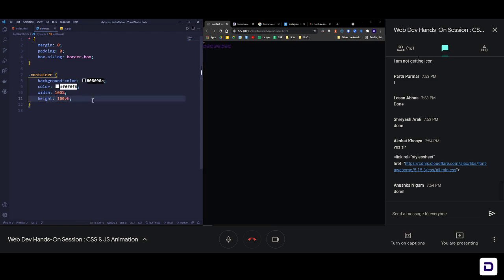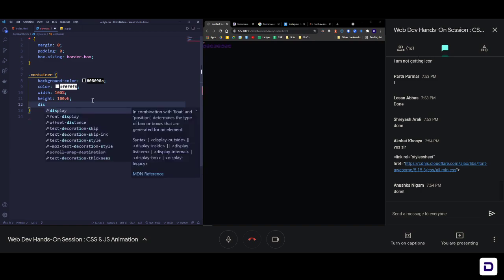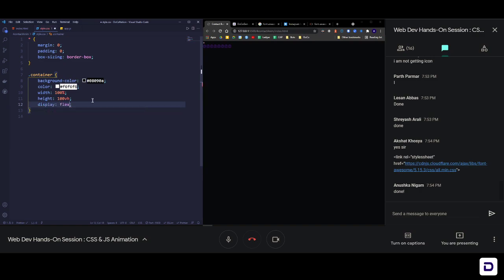Now what we can do is bring everything to the center, because that's where we need the animation, right? We don't want it at the top left corner. So let's bring everything to the center. To center everything, one of the most famous and easiest techniques is using flexbox. So we'll be doing display flex. Then we'll use two properties which we get with display flex: justify-content center and align-items center. Once you do that, you'll see that everything that was sticking to the top left corner is now in the center. Okay, that is why we do this.